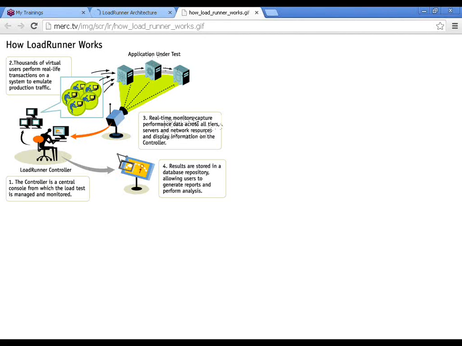So what it says is real-time monitor captures performance data across all tiers. Okay, when it says all tiers, it is talking about the architecture of the application under test. All tiers, servers and network resources, and display information on controller.